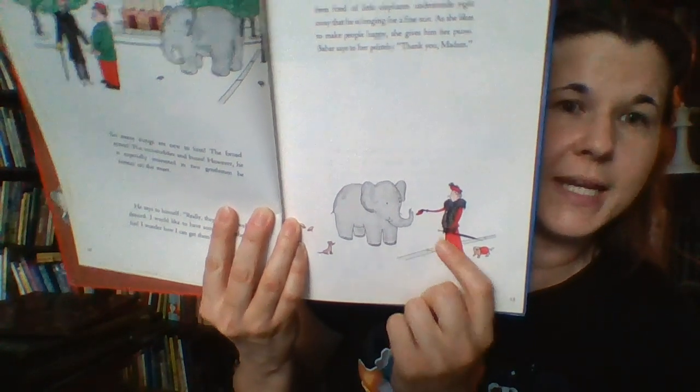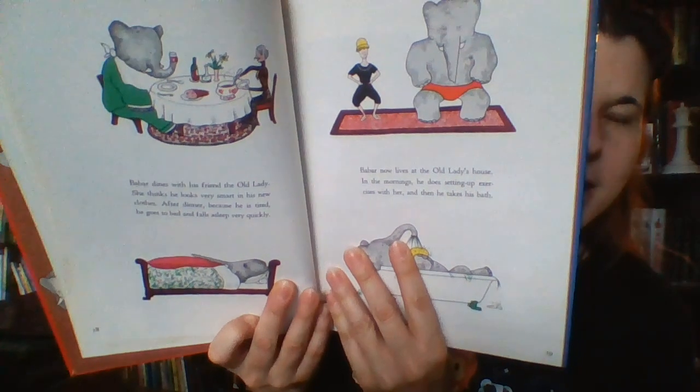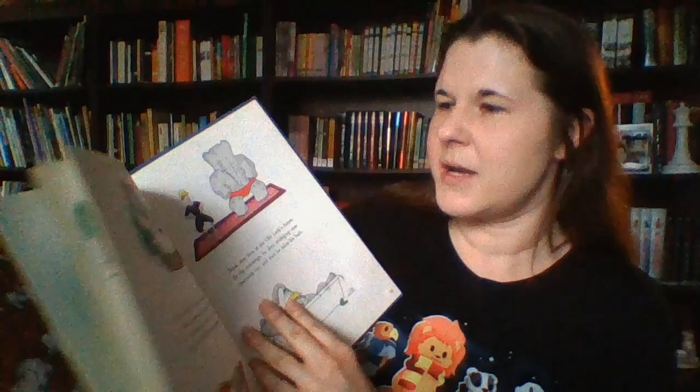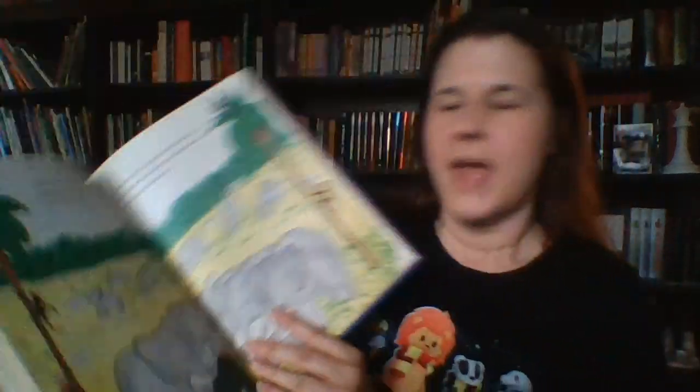She's a little colonial lady, and she adopts him and takes him to the city in South Africa, and she domesticates him. She teaches him how to eat, shows him how to dress and get fit and to bathe, and he becomes domesticated. He's getting an education here, you can see. He's becoming really fancy, and he eventually goes back to, see, these are the village he left. He goes back, and their leader had been poisoned. And so